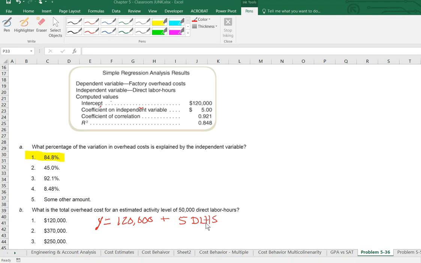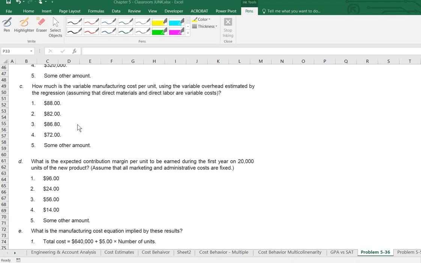And if we were going to be working 50,000 direct labor hours, we would take 5 times our 50,000. Add to it the 120, and we get an estimated overhead cost of $370,000. To answer C, how much is the variable manufacturing cost per unit using our variable overhead estimated by